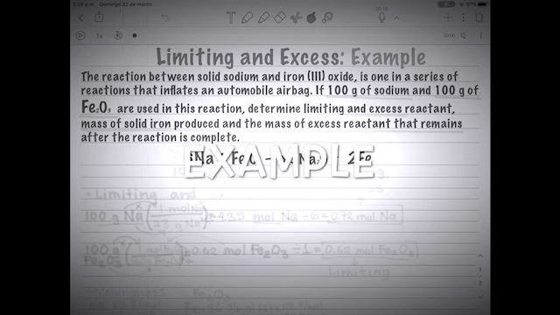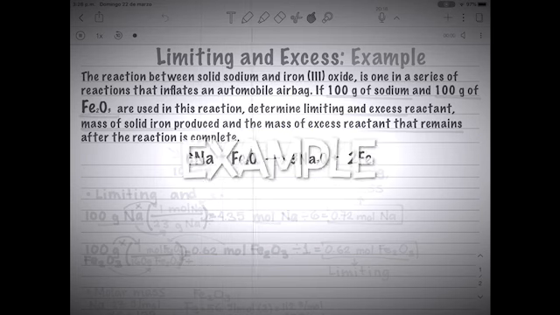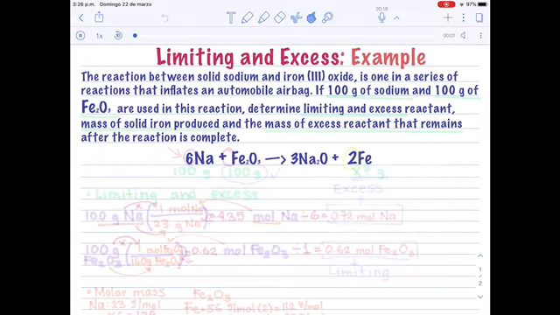Hello guys, in this video I'm going to answer a full problem using the limiting and the excess reactant. The problem says, the reaction between solid sodium and iron 3 oxide is one in one series of reactions that inflates an automobile airbag. If 100 grams of sodium and 100 grams of iron 3 oxide are used in this reaction, determine limiting and excess reactant, mass of solid iron produced, and the mass of excess reactant that remains after